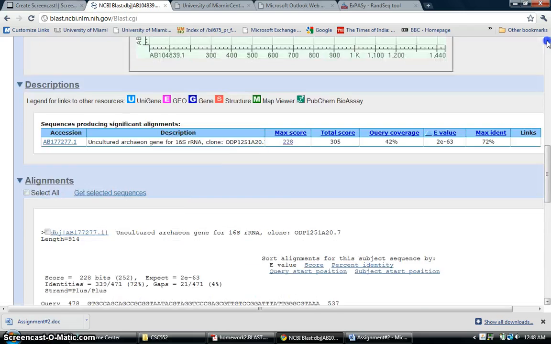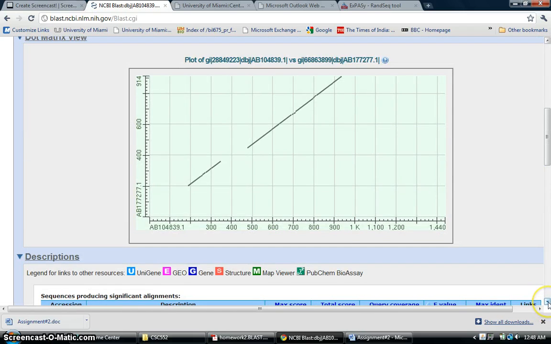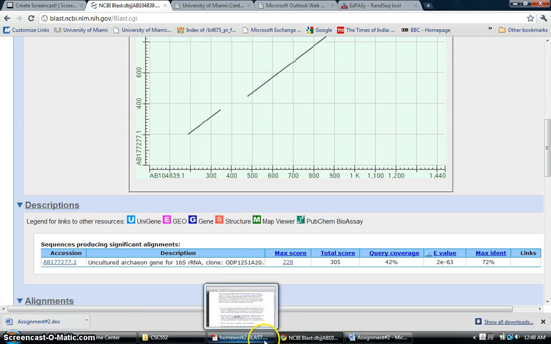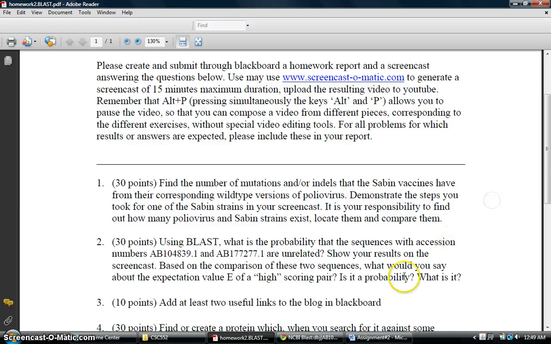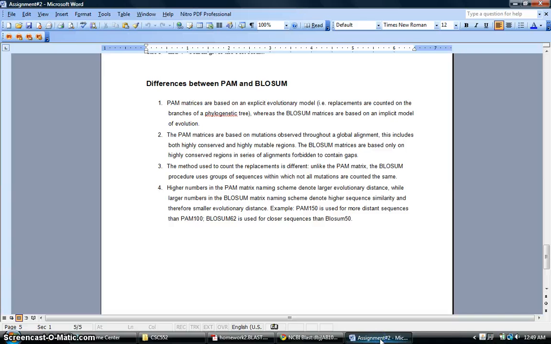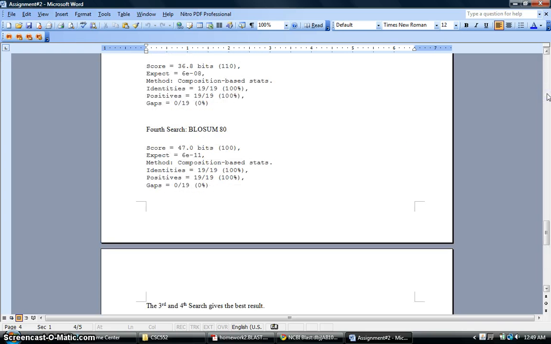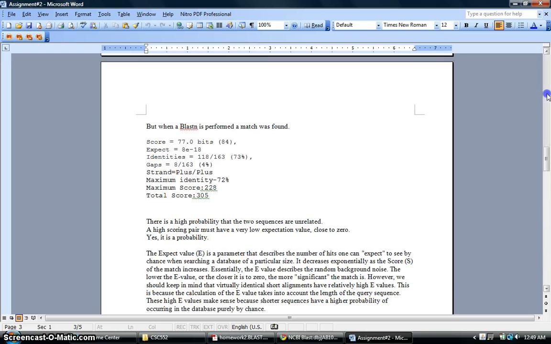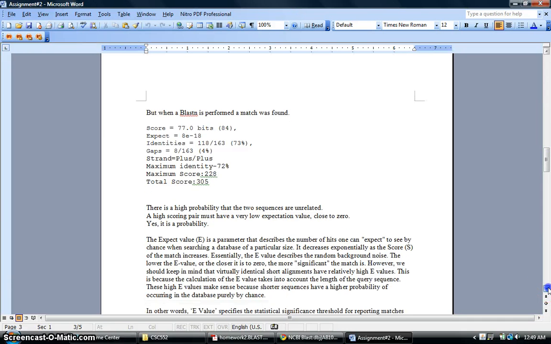So here you have asked about the E-value score. For a high scoring pair, the E-value should be negligible or as close to 0 as possible, so that when the E-value is very low, it means there is a significant match, and it means that that sequence would not arise randomly, and it also means that